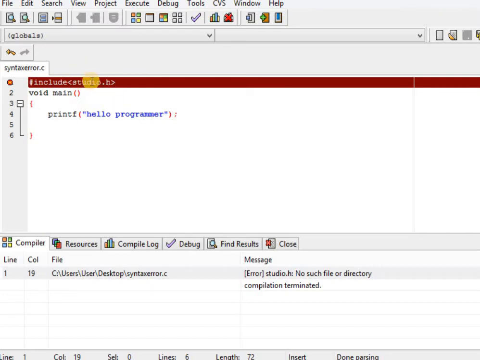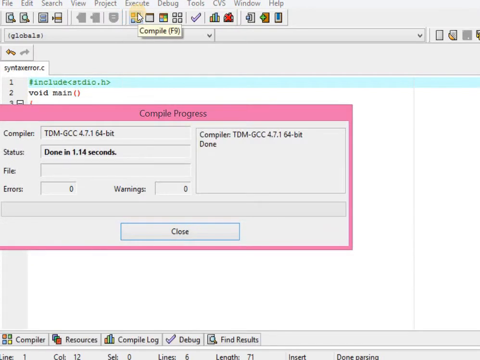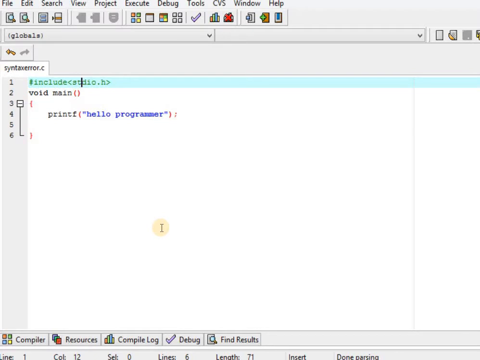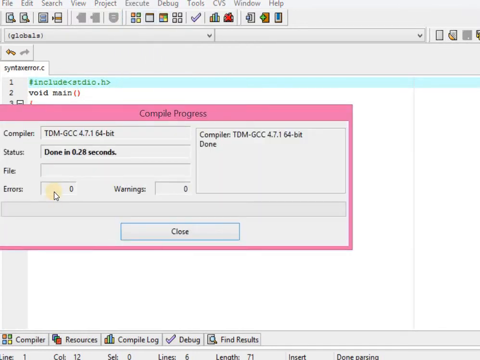Instead of studio, write stdio, and compile again. It is the correct form. If you compile it, it shows errors or warnings as 0. So this is the first error, a misspelled keyword. A misspelled keyword means the function and keyword which we are using must be spelled correctly, otherwise an error occurs.